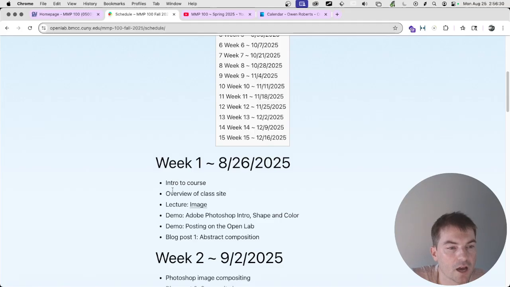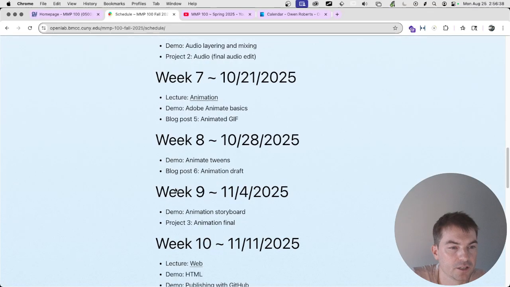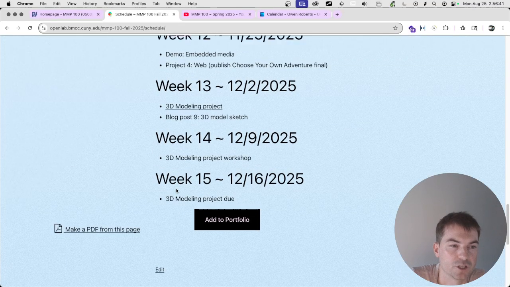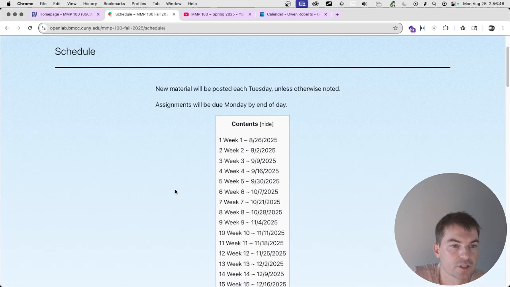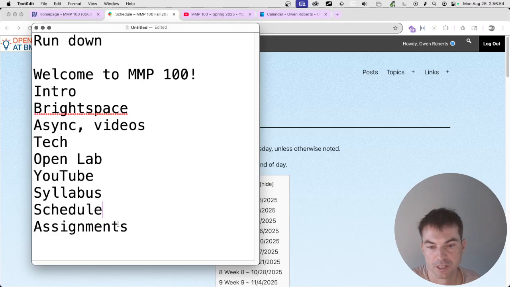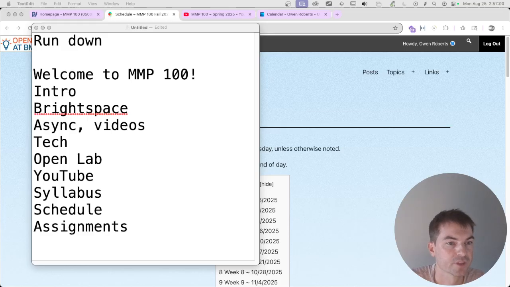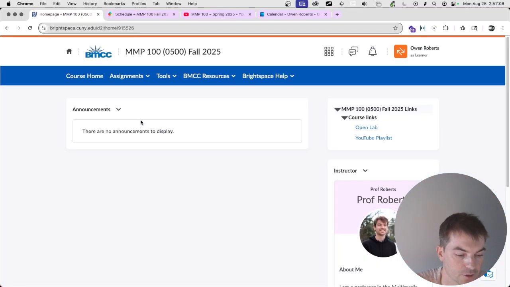So each week, I'll have what we're working on that week, and then what you have due, and that's pretty much it. It's just a couple things for each week. So you can see everything that we're going to be doing there. But we also have the deadlines and assignments on Brightspace, so you can use that as a reference as well. So yeah, that's our open lab. Let's continue. Let's take a look at the assignments, and then we'll wrap up this video because it is getting to be long. As I said earlier, I'm going to try to keep these videos short, but we have a lot to go over this week, so they're going to be a little bit longer than usual.